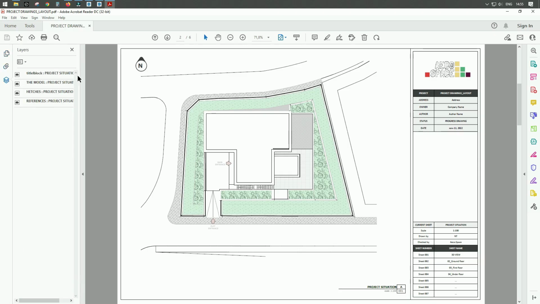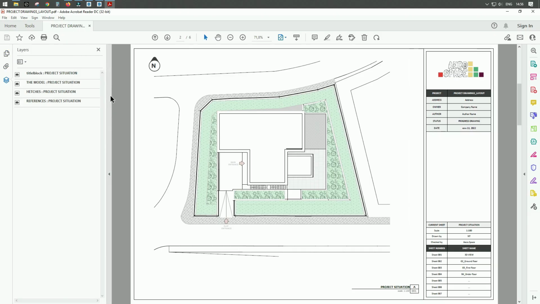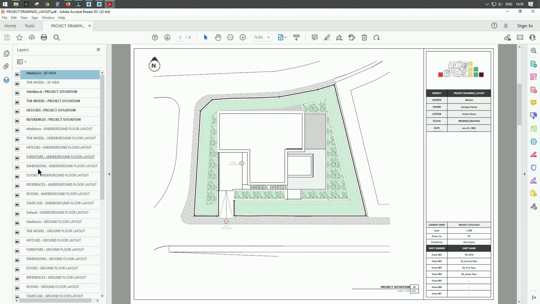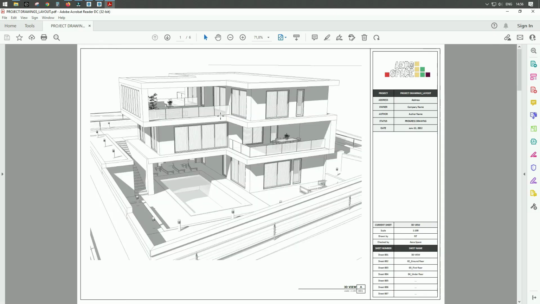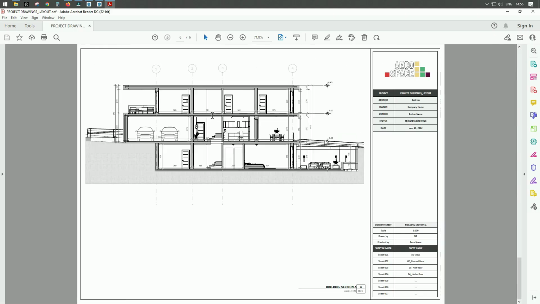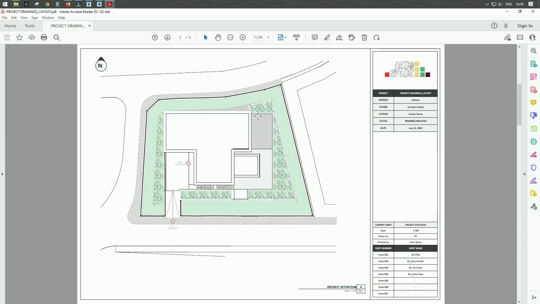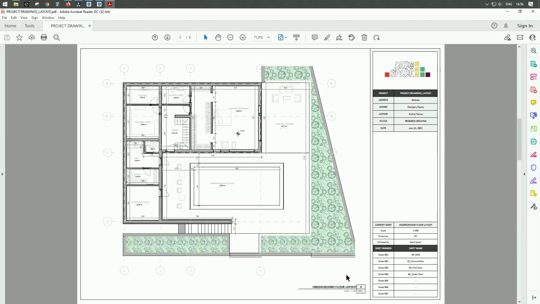If you go here, you will see that in your PDF document you have a title block, project situation, hatches, and so on, all the layers from your layout model. So we have the first one, the second page is our situation plan, project situation, then we have